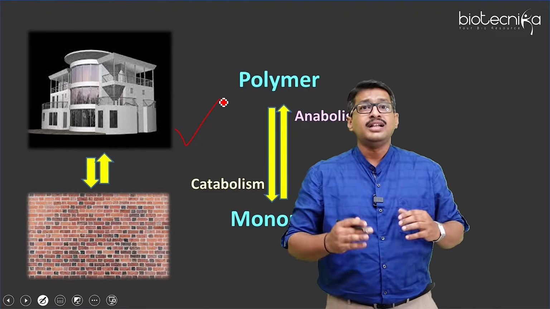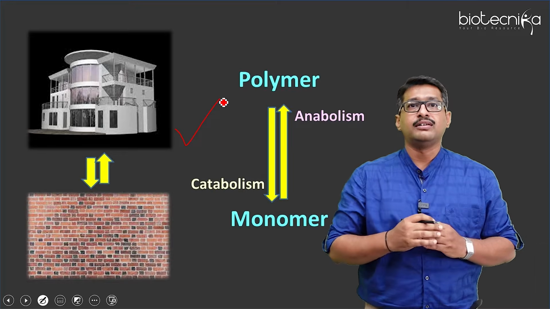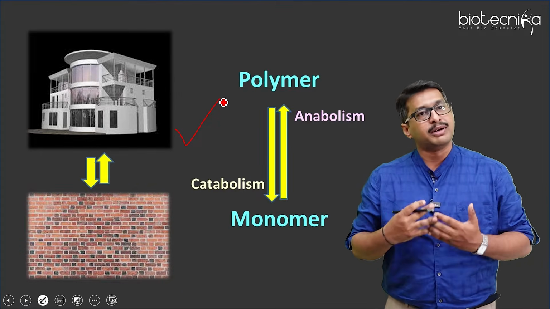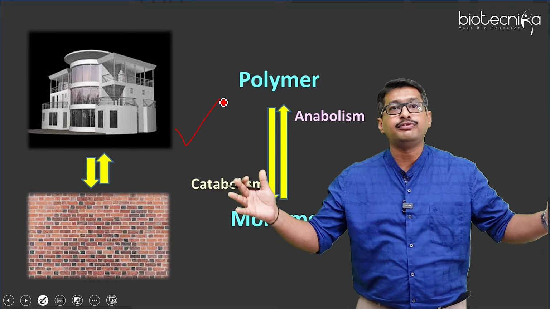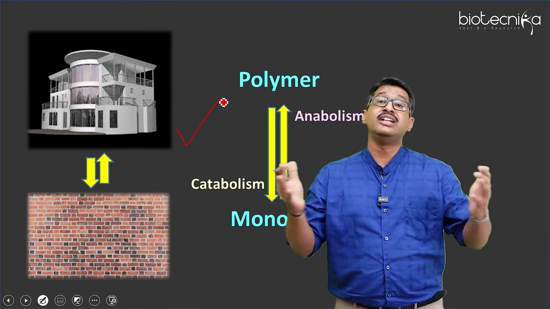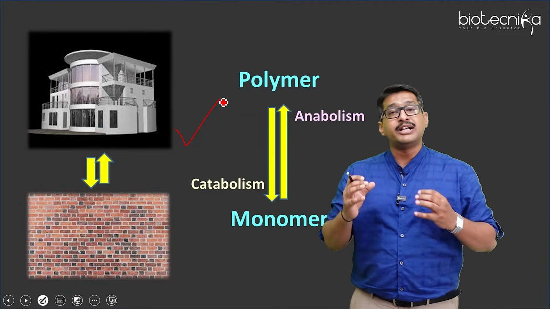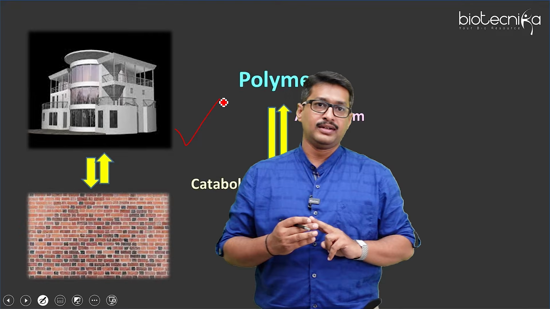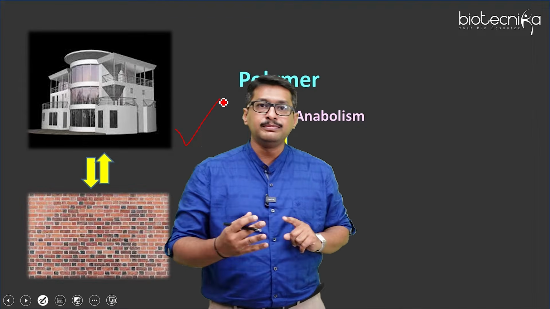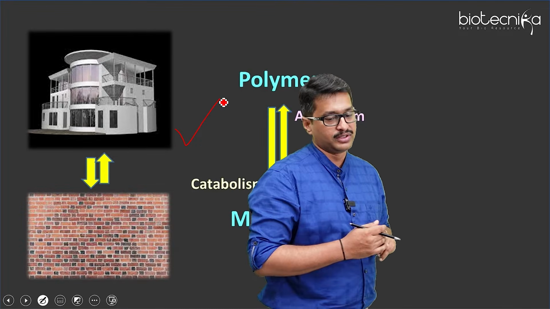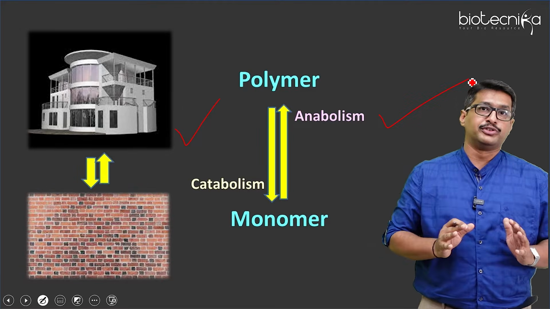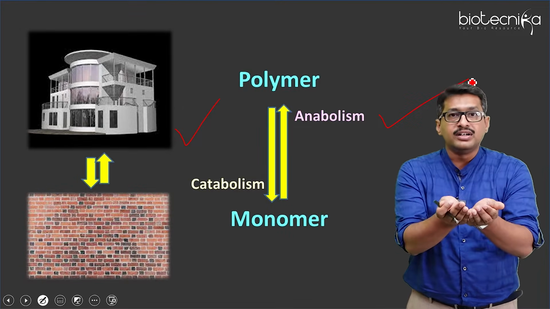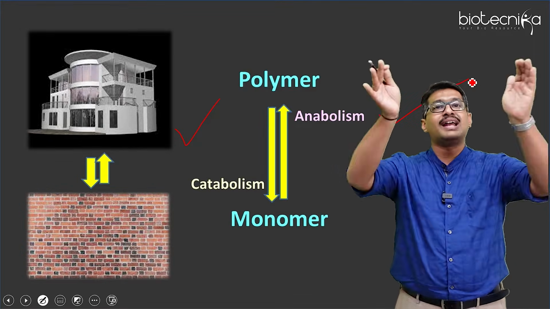So here, applying the same logic, I am trying to make you understand what is metabolism. Now, metabolism is a sum total process of the construction of a house or a destruction of a house. So here, metabolism involves two major steps. First is anabolism, and the second step is called catabolism. Now, what is anabolism? Anabolism is a constructive process wherein these monomers will come together to form a higher molecule